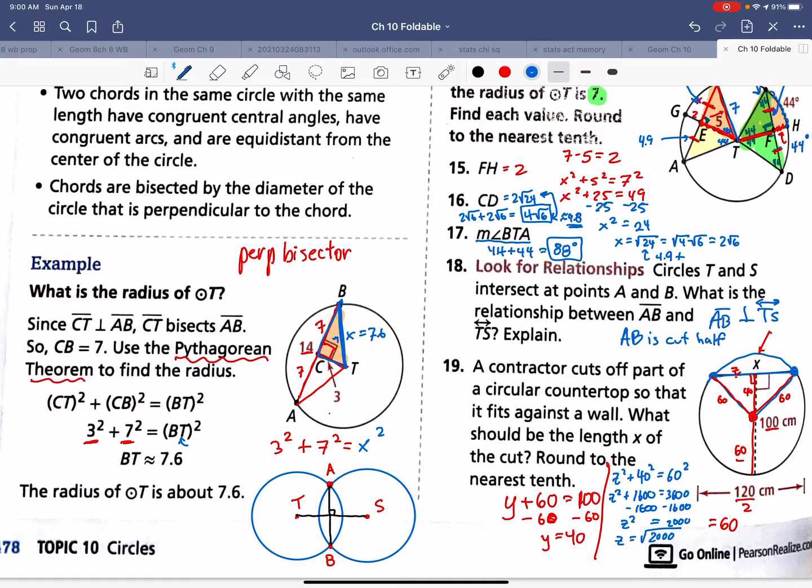So Z is the square root of 2,000. It does say round to the nearest tenth, so I'm going to round anyway, so I might as well turn it into a decimal now. So the square root of 2,000 is